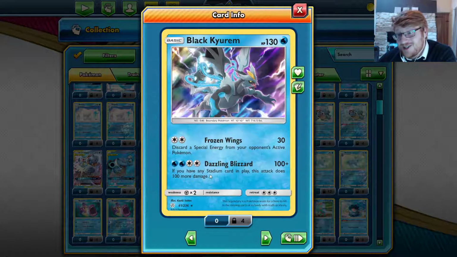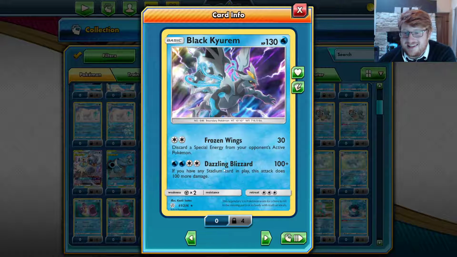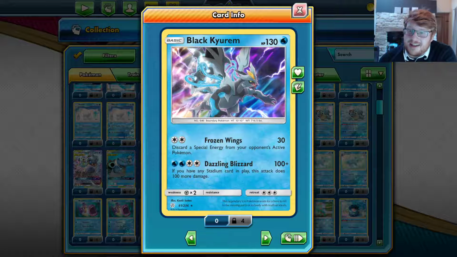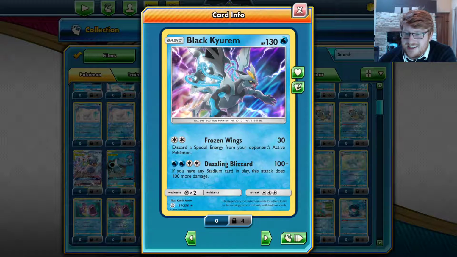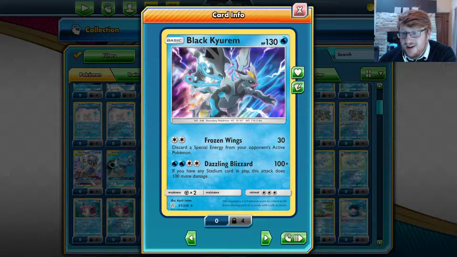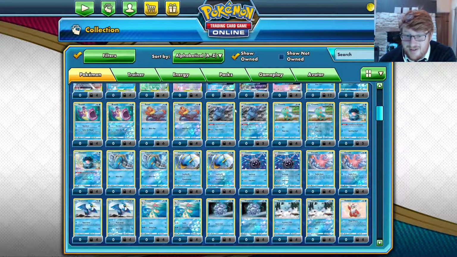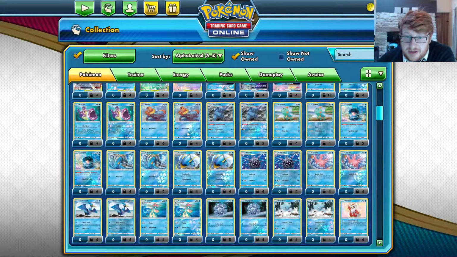This guy hits 200, and you only need to have a stadium in play. So you'll probably play things like double Viridian and then maybe some additional stadiums on top of that just to have extra Dazzling Blizzard options, but 4 for 200 is just not fair. Like, Water is honestly just so far ahead of everything else because they get to play the best big basics in the game. You get to play